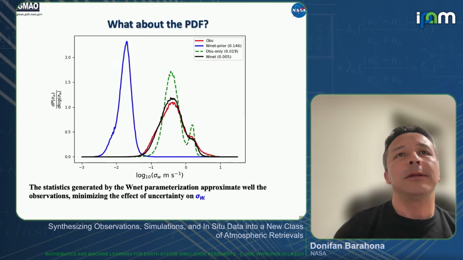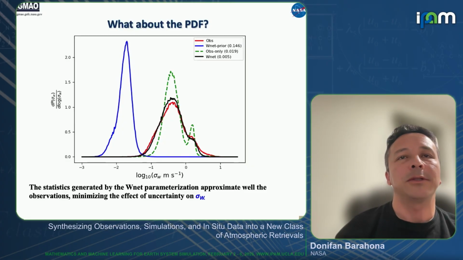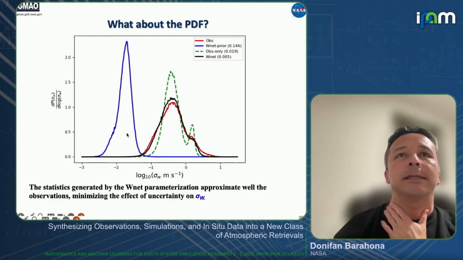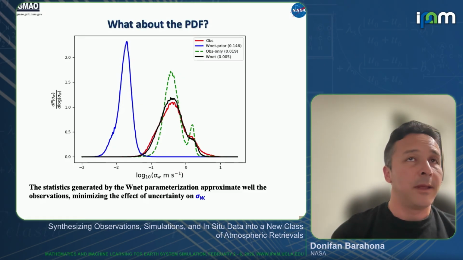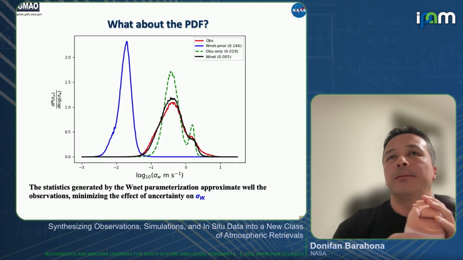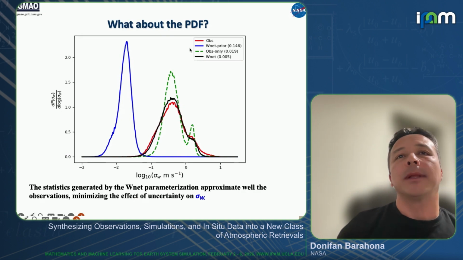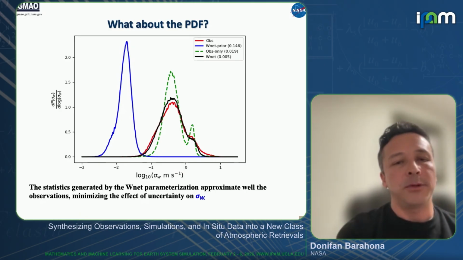Okay, and this is all just to emphasize that this setup, when we use generative adversarial networks, is able to get the actual distribution of the data. So here are the statistics. This is our prior, and that prior was of course biased, and then this generative approach is able to correct for that and get the right distribution, which is what you want for the parameterization.